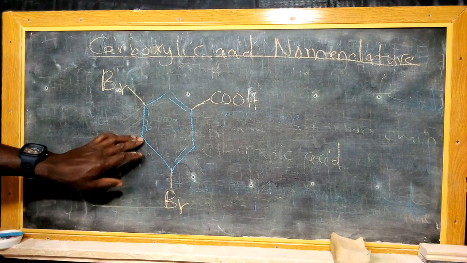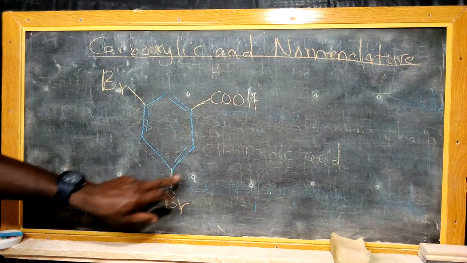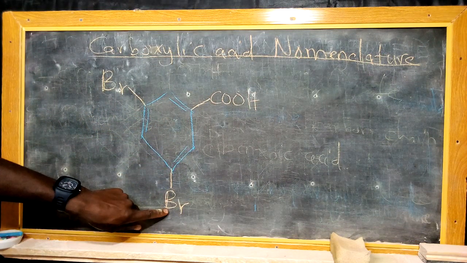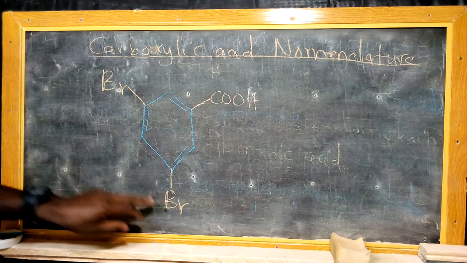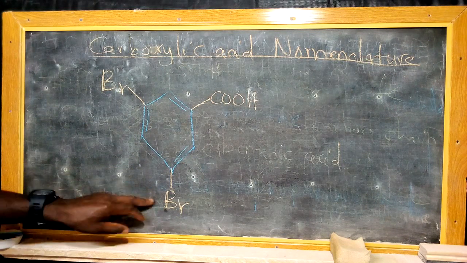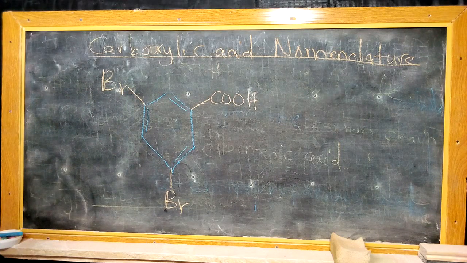According to line drawings of organic compounds, each of these points consists of a single hydrogen. So the bromines have substituted the hydrogens at this one and this one respectively. So 2 hydrogens have been substituted, the first one from here and another one from here, to get this particular compound. In naming this compound, we shall start with the substituents, and then